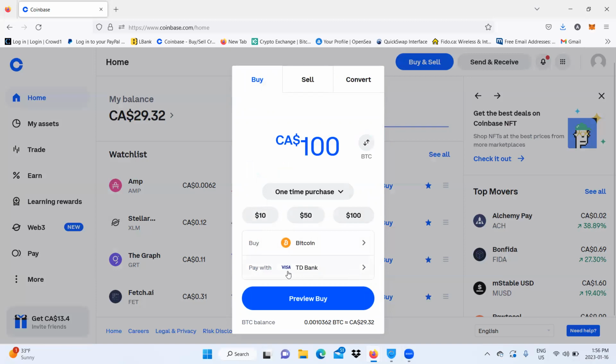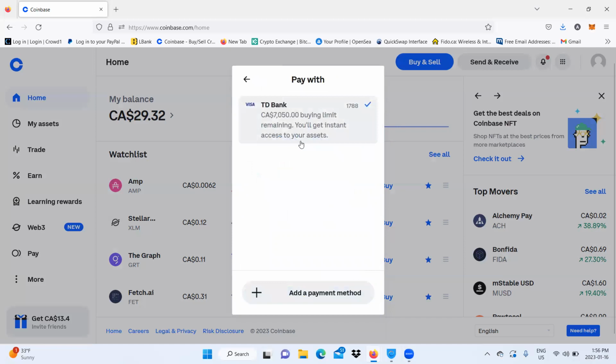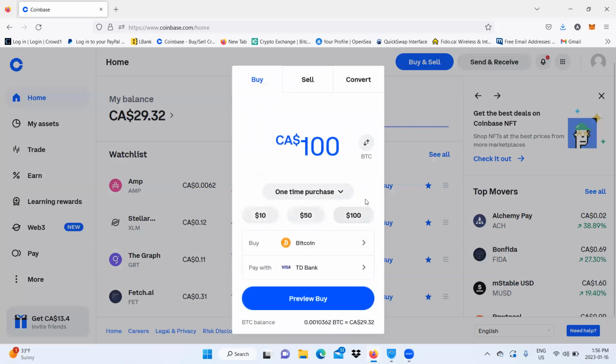And over here it says pay with. So if you click on this, pay with is just asking you how you're gonna pay. So I'm gonna pay with my card. I'm gonna pay with a debit that I've recently added to my payment methods. And if you guys are not sure how to add a payment method, I have another video for that. I'll put that in the link down below,